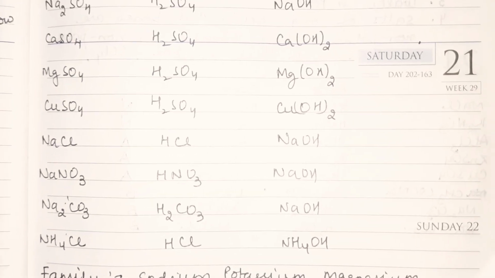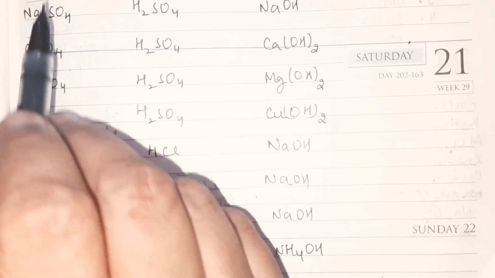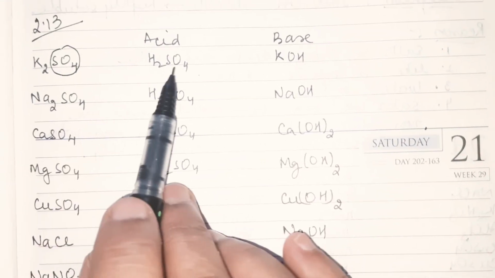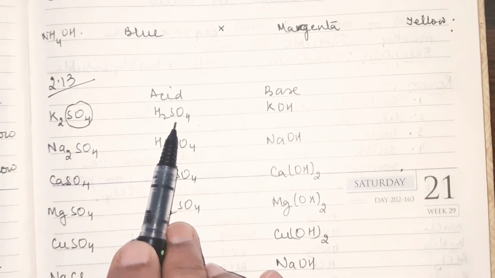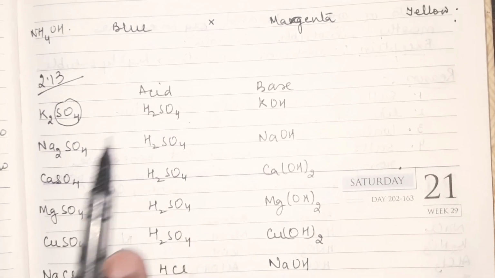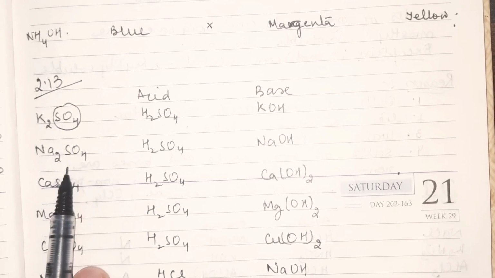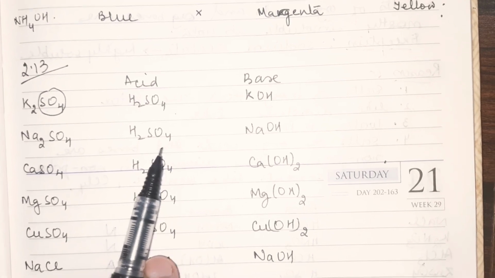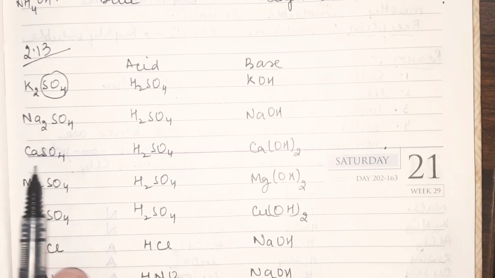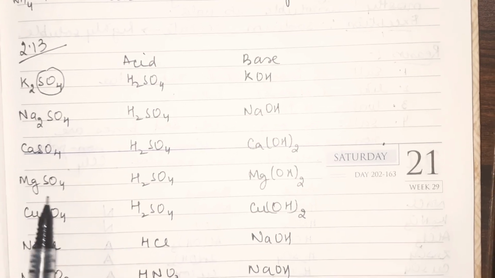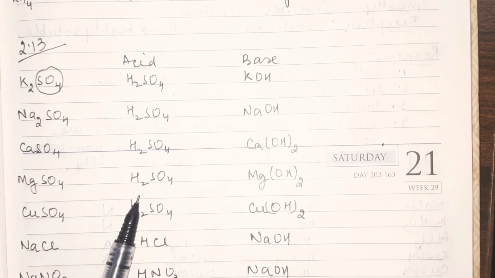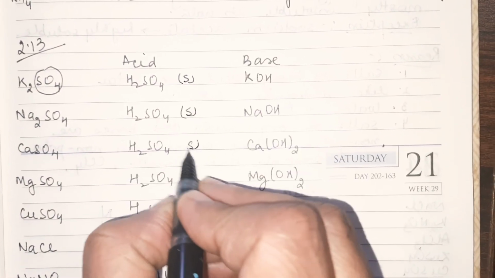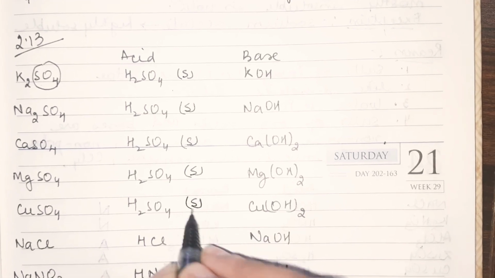Now what kind of acid and bases are they made up of? When we see that the negative part of it is sulfate, we understand that the acid used is sulfuric acid. It cannot be any other acid. So here also this belongs to the same family, which is the sulfate family, and sulfuric acid is the acid from which it is composed. Similarly, CaSO4 is composed of H2SO4. MgSO4 also has acid component H2SO4. All of these are from a strong acid. Just to say that sulfuric acid is a strong acid.